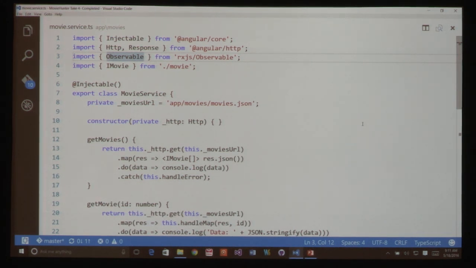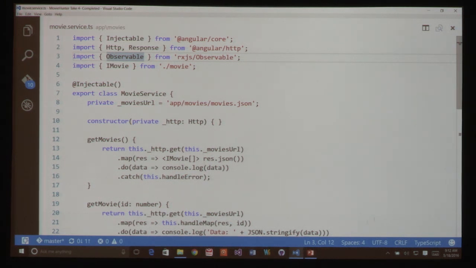Observable is a feature of the reactive extensions, which is also a Microsoft product, which again shows a lot of the sharing that Microsoft and Google are doing with regard to Angular 2. You can think of an observable as basically an array of async values. So it's an array where they keep getting more and more async values. And Angular 2 is using that in place of promises where you could really only get one async value. The other benefit of observables over promises is that they are cancelable. So if you've ever wanted to cancel a promise, the observables will let you do that.